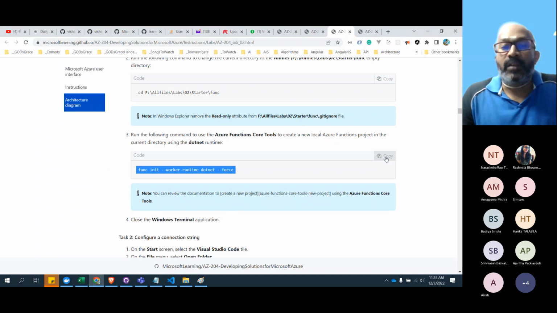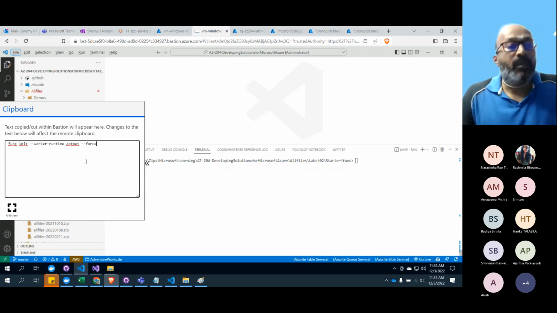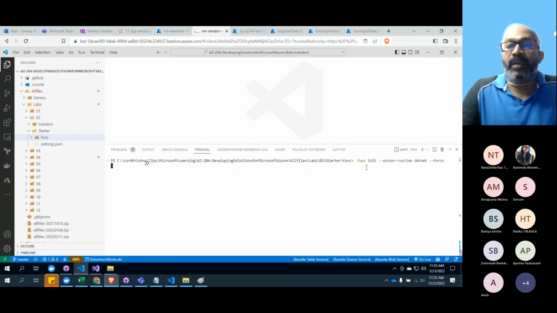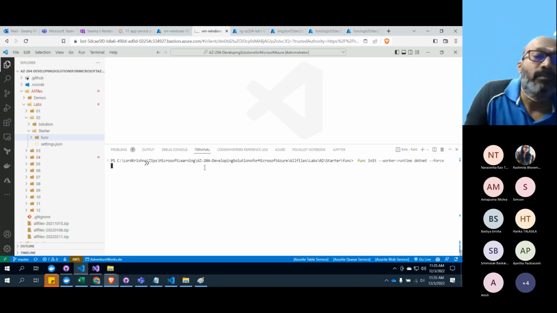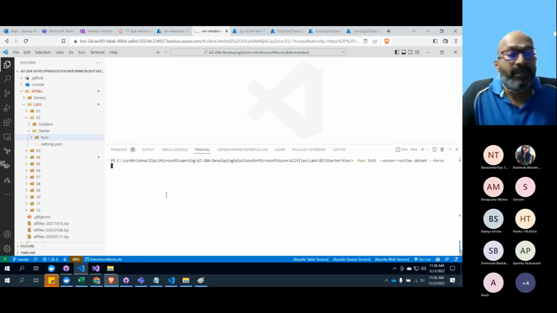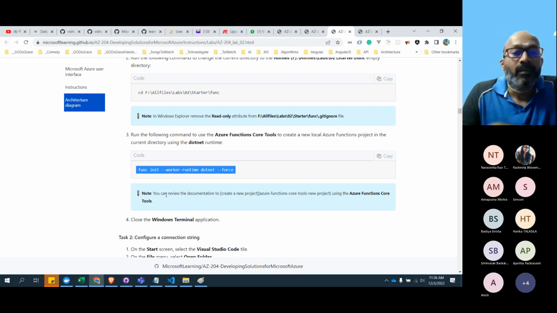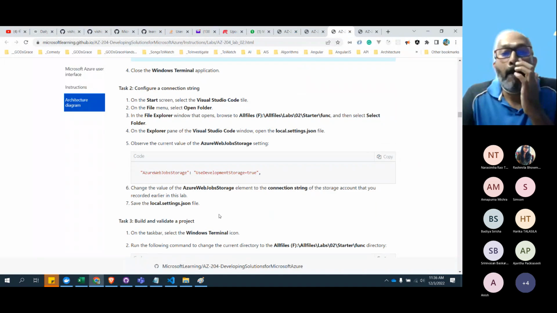Now it's asking us to execute this command. So let's go here. I need to copy this command to the clipboard, then paste it here. That's a pain, I understand, but that's fine. So let me minimize this. Okay. So it's executing it.